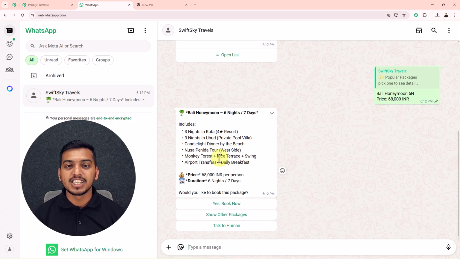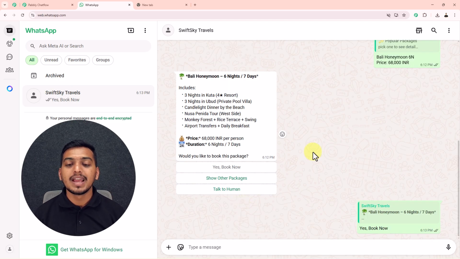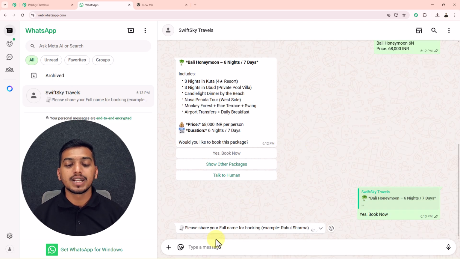So if I am satisfied with all of these details and if I want to book this particular package, then I have to click on this yes book now button, or if I am not satisfied, then I can again click on this show other packages. But as I am satisfied with this package, I will click on this yes book now button. After that we will see that this bot is asking me for my full name, so I will just copy this exact same name from here and paste it inside this chat and